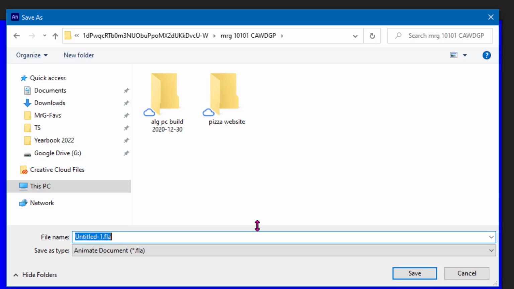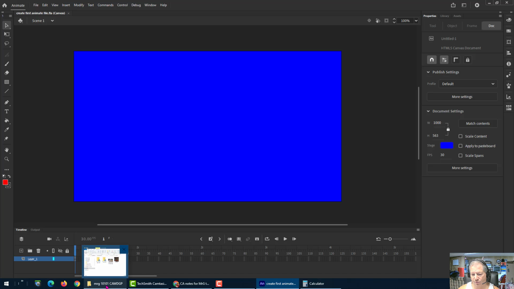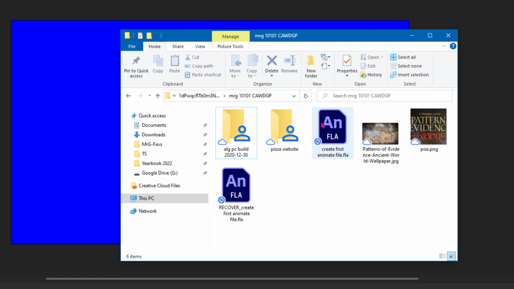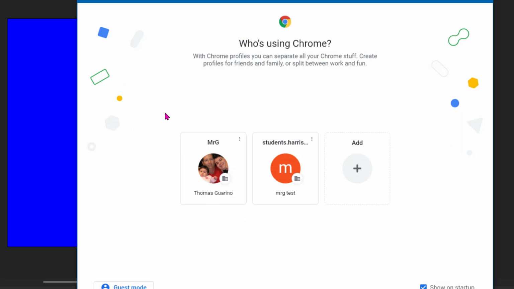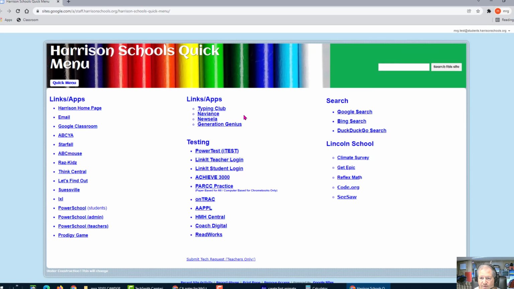Let's give it a meaningful name. So create first animate file, and then you click Save. So now if we go back to that folder through Windows Explorer, we should see we have create first animate file. And if I go to my Google Drive through Chrome, making sure I'm picking my fictitious student,